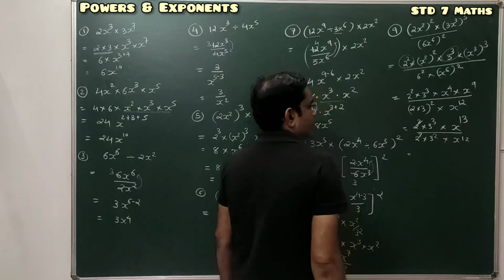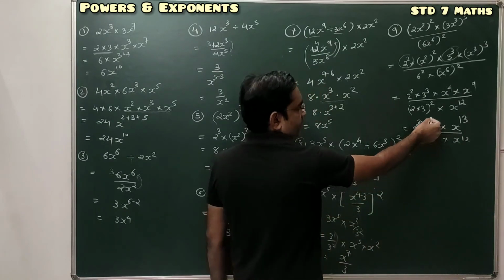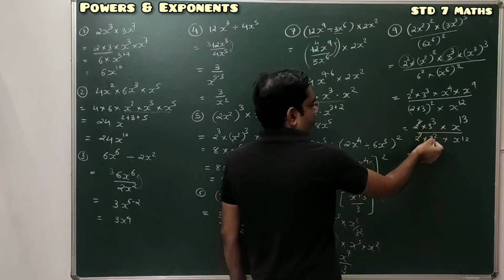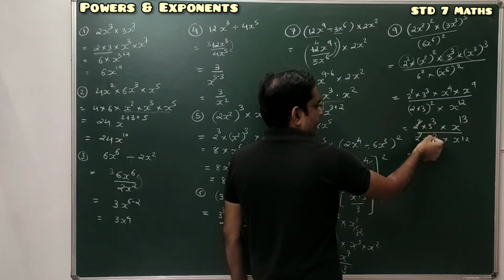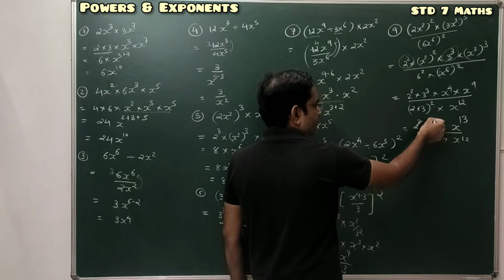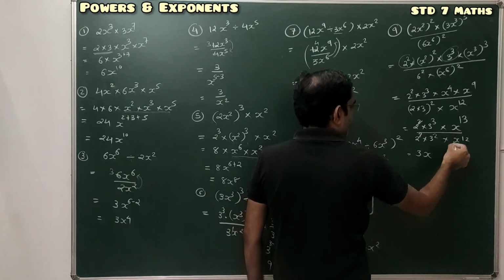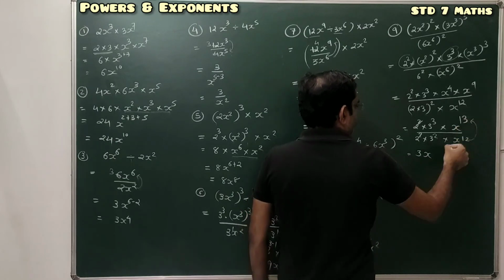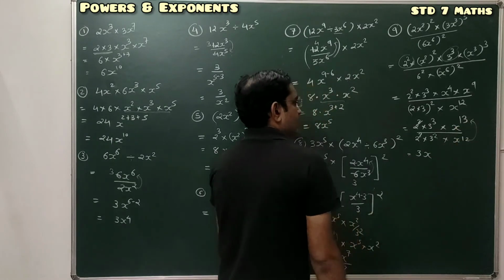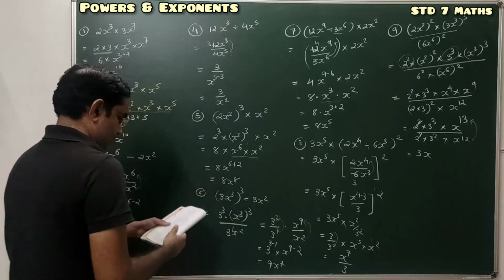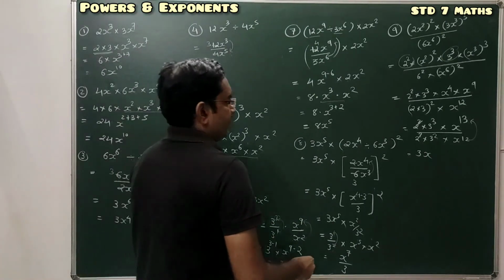2 square cut. Again this one is 3 cube upon 3 square. So these two powers have the same base. They are in division, so perform the subtraction of power at the numerator. So it's 3 raised to 3 minus 2. So 3 only, and this will be x into 13 minus 12. So it's only x. So our answer is 3x. Done. And last one,